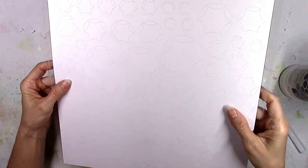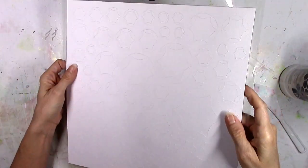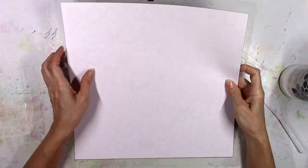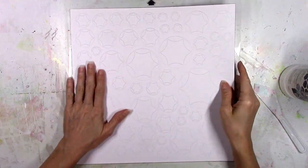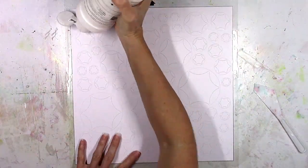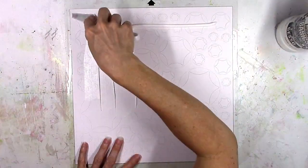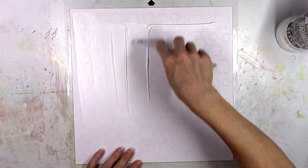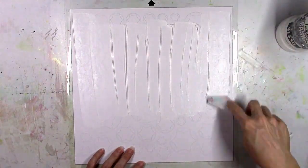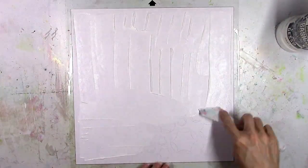So for this layout, I was in the mood to use a cut file, and I've already done some cutting here on some white cardstock. It's hard to see here, but I'm using Paige Evans' Folded Circles cut file, and she actually has two. This one is the hexagon shape, and when you fold up the little edges, there are going to be 6 little round pieces on the edge that fold in, and so it's going to give the circle a